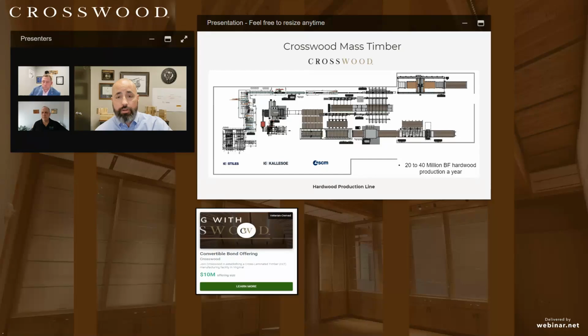And then the other key part of CLT and mass timber in general is the ability to use something like a CNC machine. That's what's in the upper right-hand corner of this layout, a CNC machine big enough to cut a 40-foot long by 10-foot wide panel. And so we will precisely cut out doors, windows, mechanical, electrical, and plumbing requirements, and drill all the things that are required to put this panel into a building location at a development site near you.